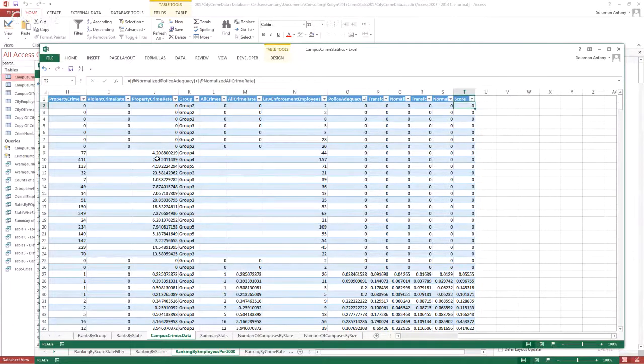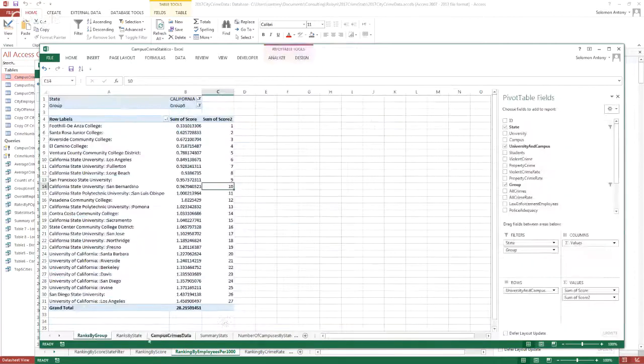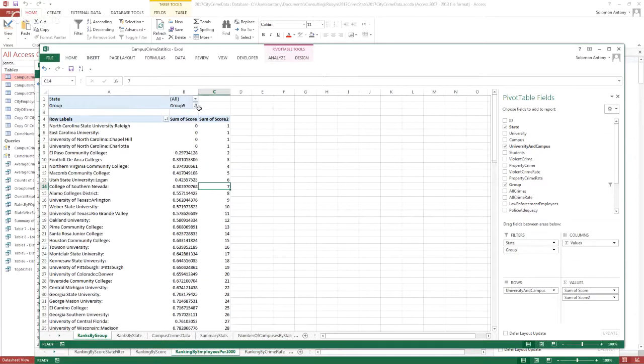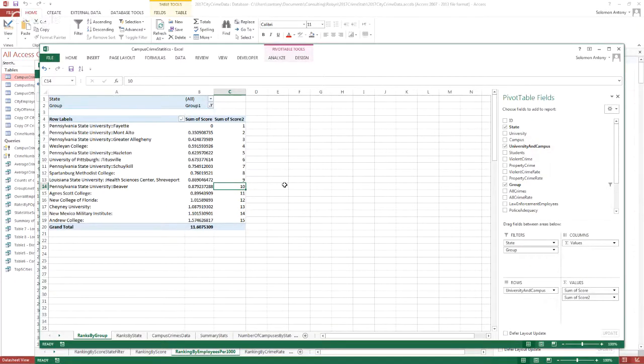I calculate a score for each campus, and this number is between 0 and 2, so the numbers closer to 0 have less crime than the numbers closer to 1 and 2. Then I did ranks by group, so I can pick every state here or all states, and then pick a particular group of small universities, or medium-sized universities, or large universities.